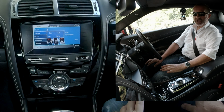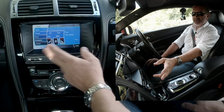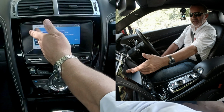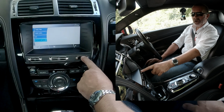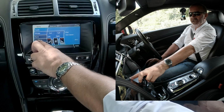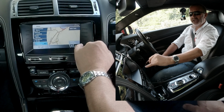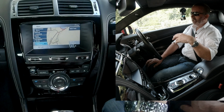Okay, I'll just show you how to set the sat nav in this Jaguar. So from any screen, if you were in any of these audio or whatever, just click the home button. Then you've got the menu up the left hand side, click navigation. If it's the first time you've clicked navigation, it will ask you to click agree to say you're not going